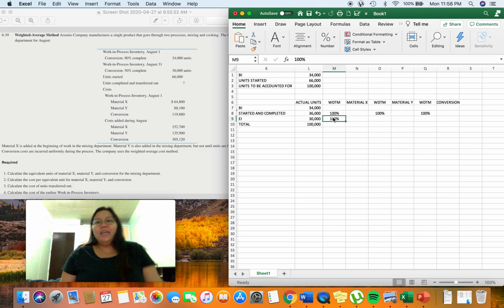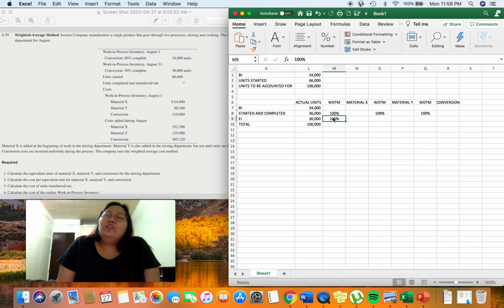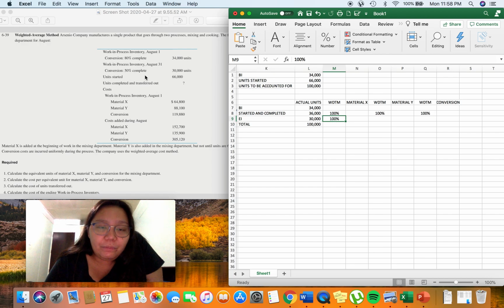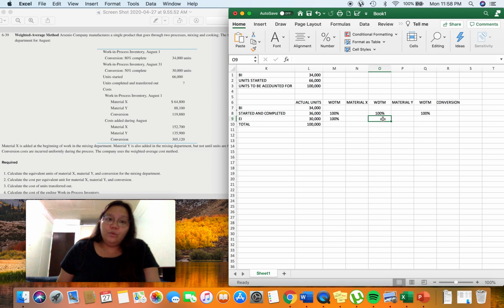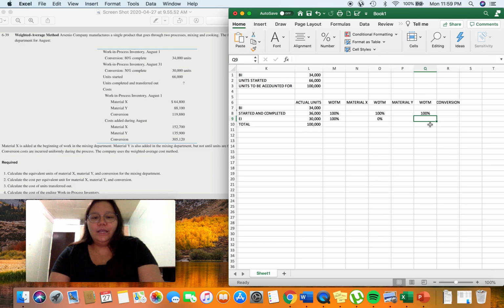Ganun ulit, si material Y, kailan ba siya nakadaan sa 60%? Or nakadaan na ba, yung ending inventory ba natin nakadaan na ng 60% completion? Diba? Wala namang pinalitan eh. 50% complete pa rin daw yung ending inventory natin. And therefore, we haven't added any material Y yet. So, 0% tayo dyan. Okay? For conversion, yung rule natin kanina na whatever the percentage of completion given, yun yung completion niya or work done as far as conversion. Same pa rin yun. So, lagay natin dyan 50% yung work done this month